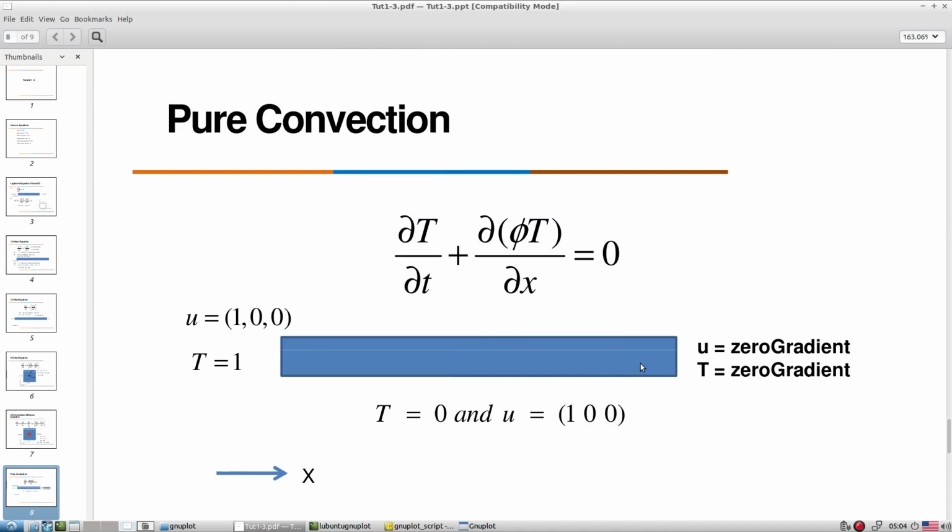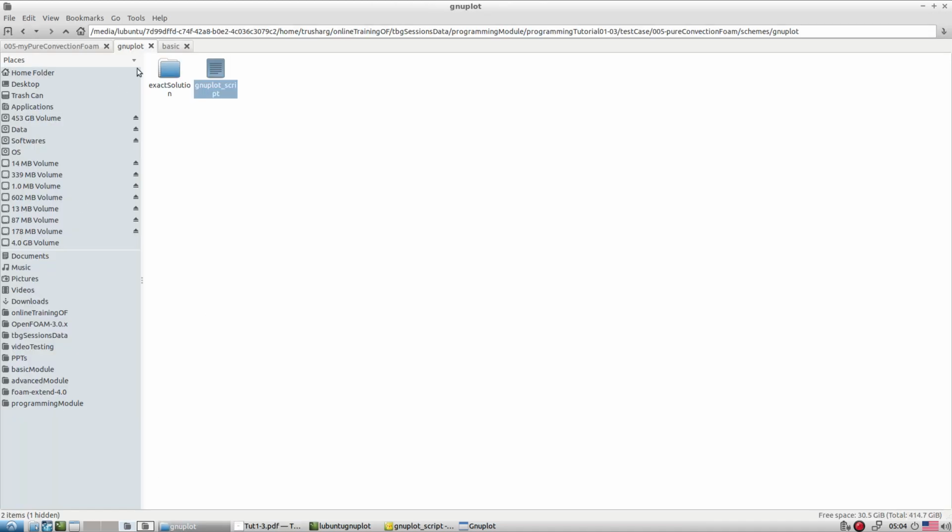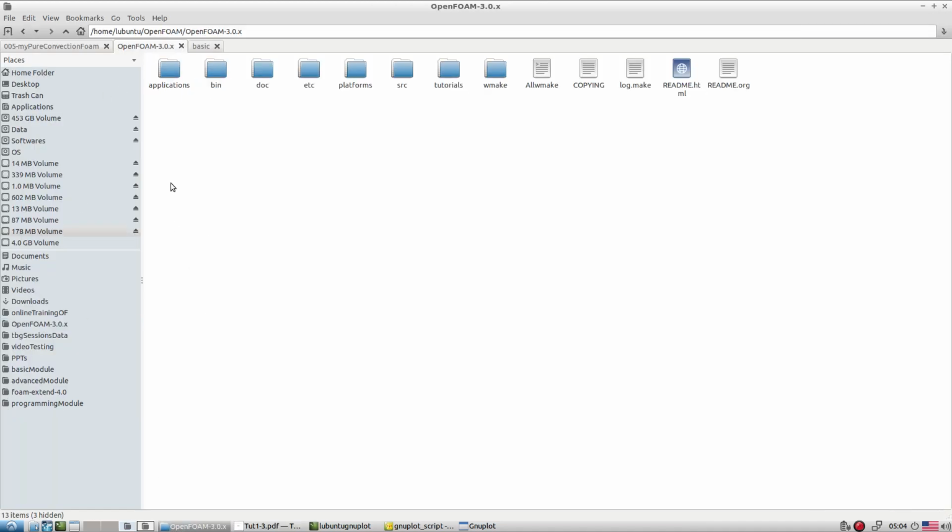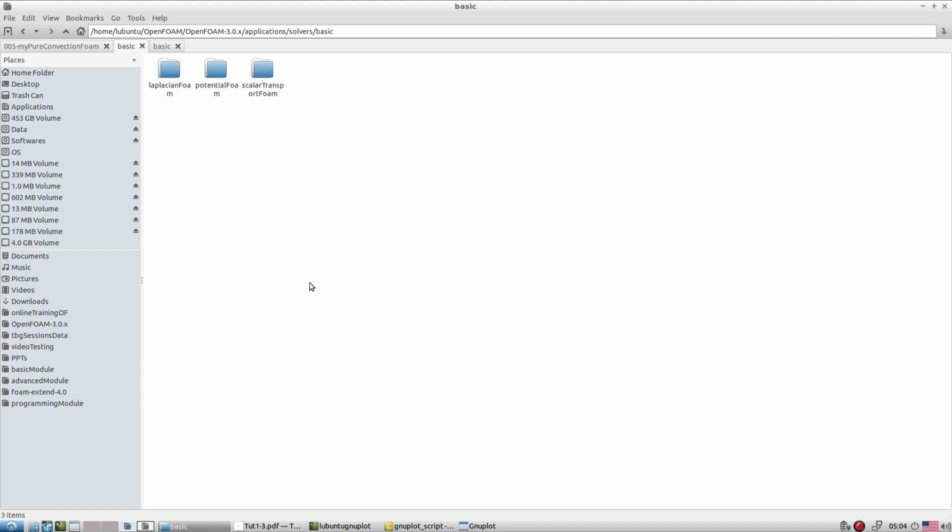So, whenever we want to create any class of new solver, first thing one has to do is first identify the most relevant solver from the release version of OpenFOAM. So whatever solver is available, try to fix the most relevant solver based on your understanding. Pick up that solver, copy in your area.